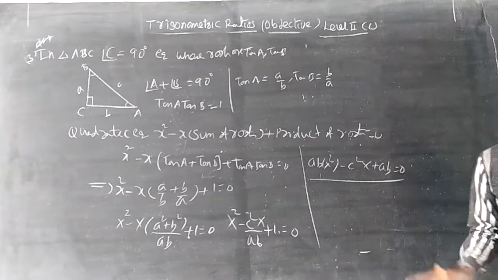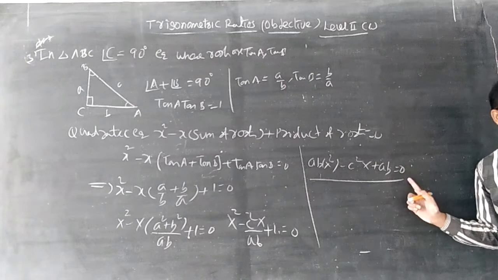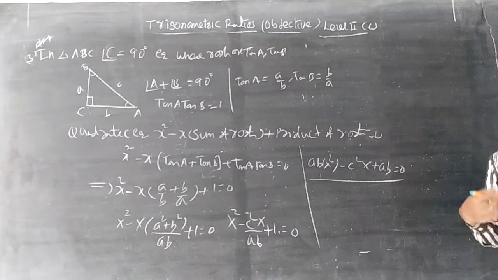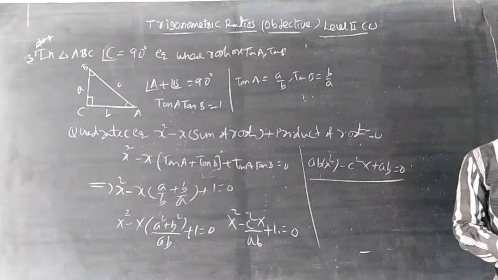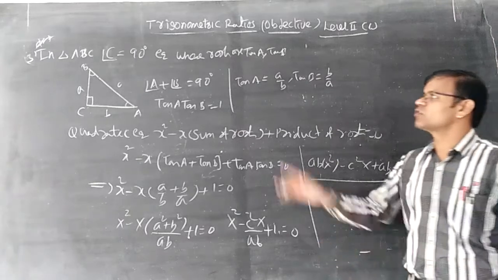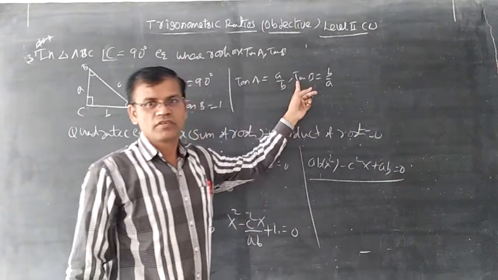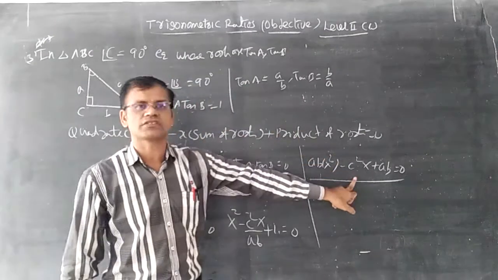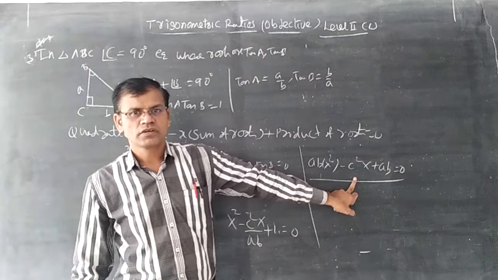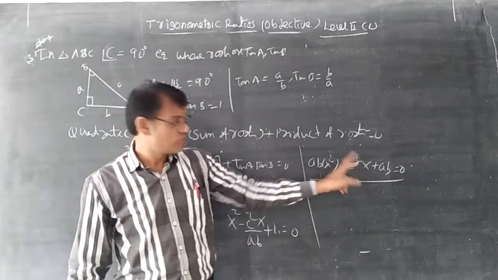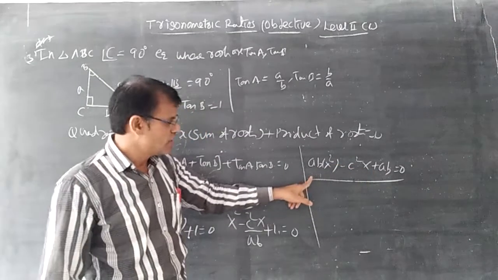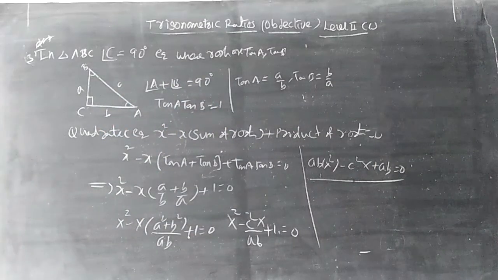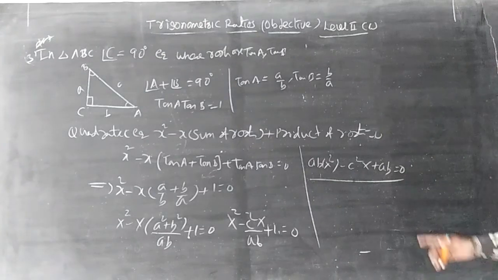See how many options are there: plus ab, here ab plus ab. Two options are there. Then the sum of roots: what is tan A plus tan B? It is a by b plus b by a, which according to the Pythagoras theorem is c square by ab, so minus and c square should be there. Both you verify; ab already ab. That is the verification method. Just 5 seconds are enough for verification.